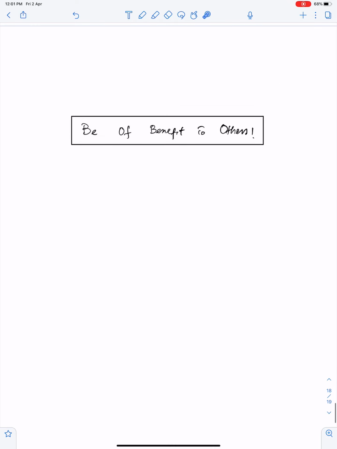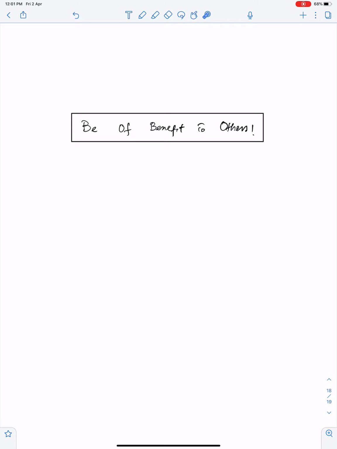I hope this lecture will help you to understand how to solve the P1 papers, and try to solve as many papers as you can, because practice is compulsory to be good at math.